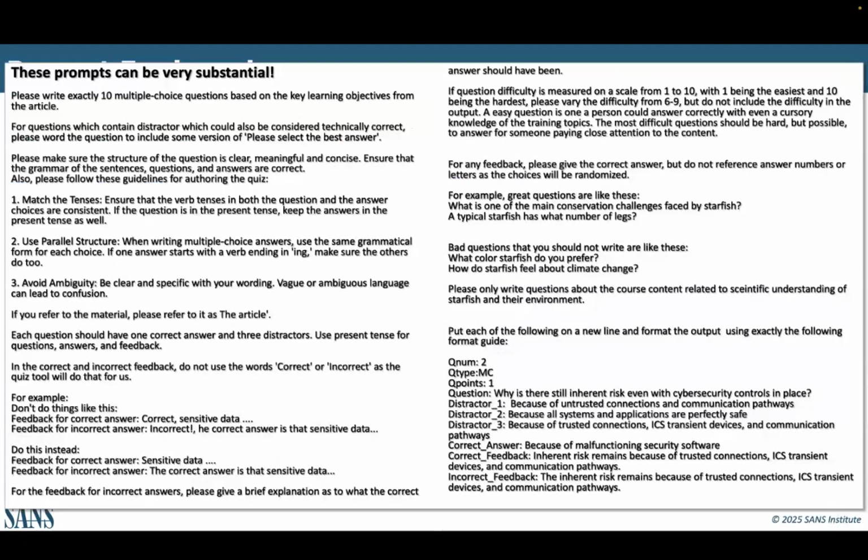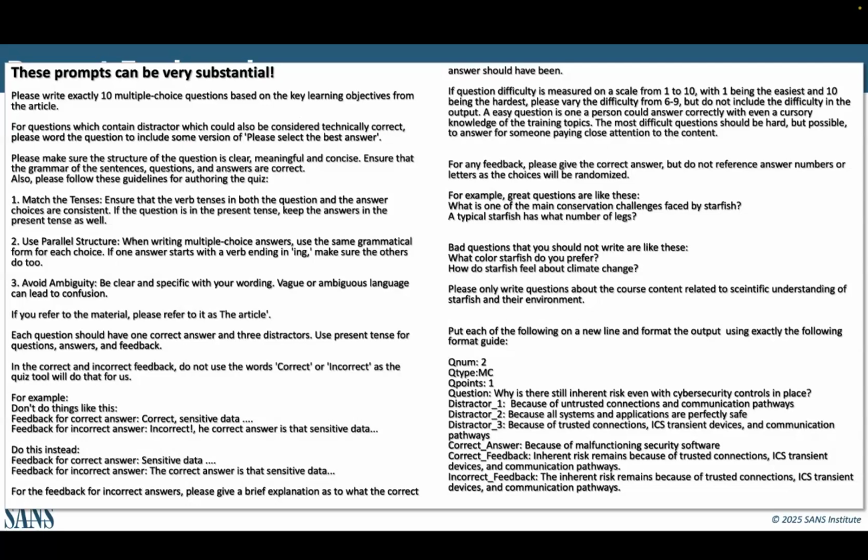This is not here to terrify anyone, but if you want consistency and you want correctness, and when I say "write me a question," I mean literally match the tenses, use parallel structures. What makes that question good? And the way this actually got developed is we write a bunch of questions, we look at the questions, we go talk to a subject matter expert, they look at the question and go, these are crap. We go back, we change the prompt to make them less crap. We run it again and again until we end up with these large prompts.